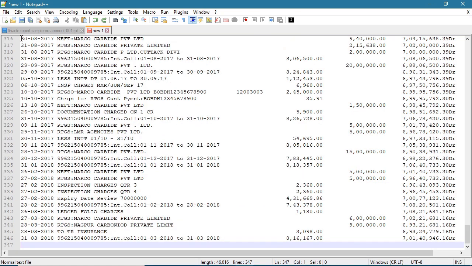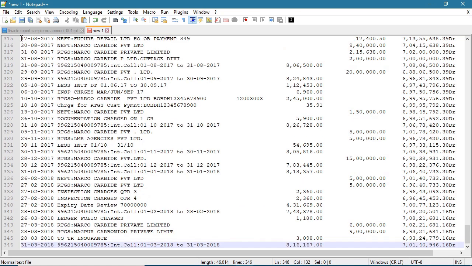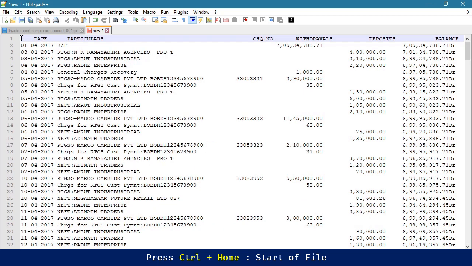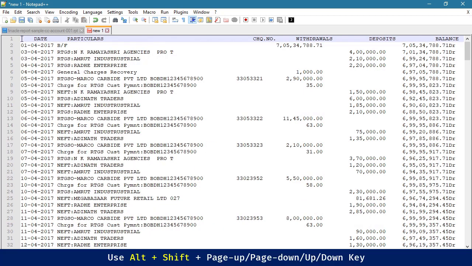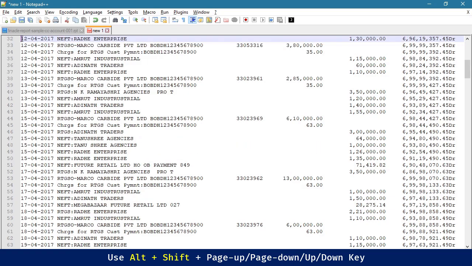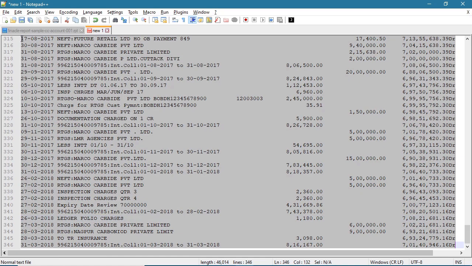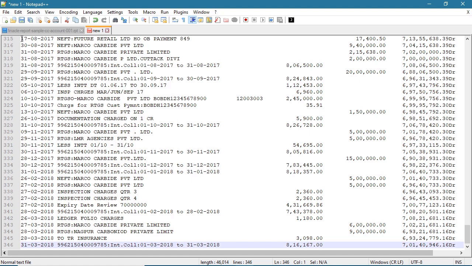Press Ctrl and delete this last row and again press Ctrl Home. Now press and hold Alt plus Shift key and page down, up, down. Can you notice a very big cursor? Now again press Alt plus Shift and select like this.